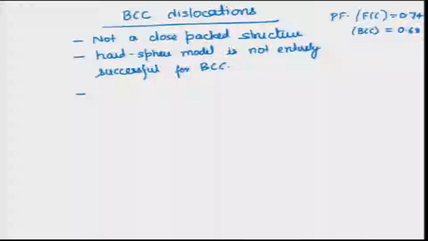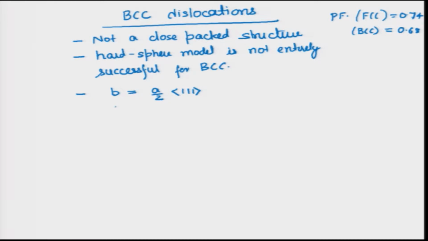Now, what is the Burgers vector for BCC? From the Peierls-Nabarro stress equation that we looked at in part 1, we know that the Burgers vector has to be the shortest translation vector, and we also showed that for BCC that will come out to a/2 in the direction <111>, because if you look at the cubic cell, it is along the <111> direction that the atoms are actually touching each other.